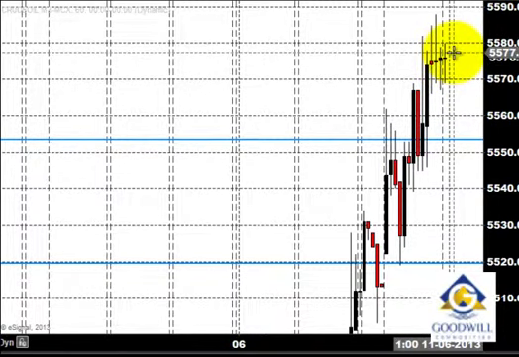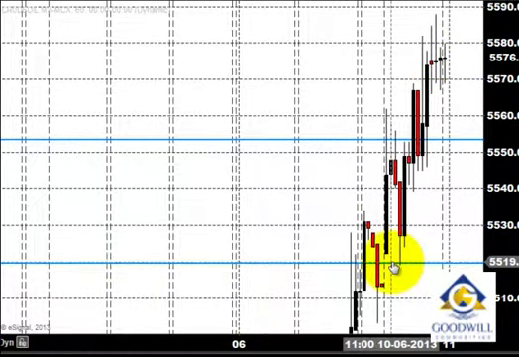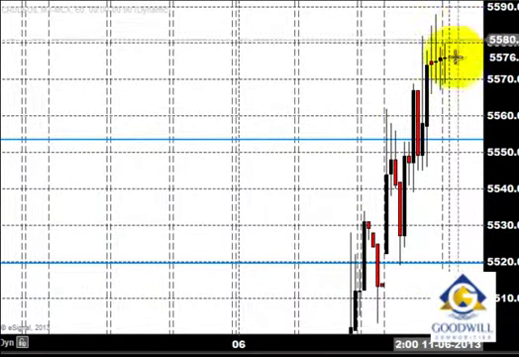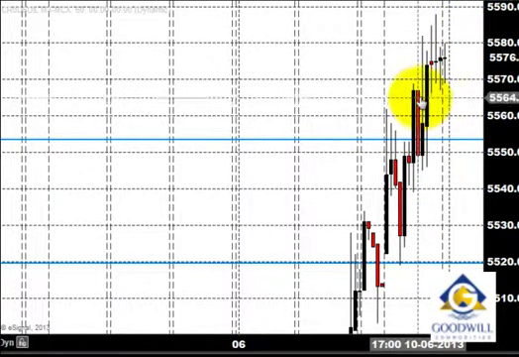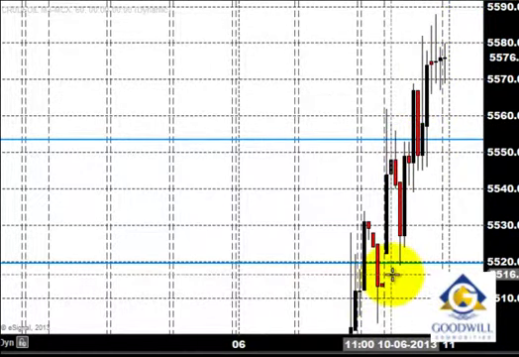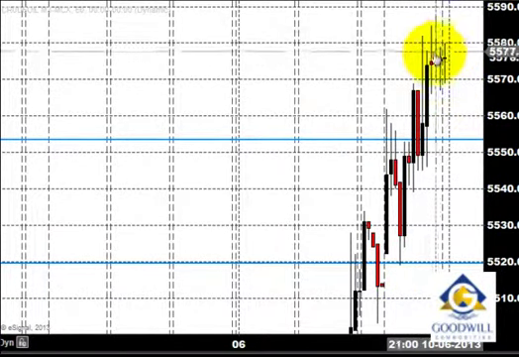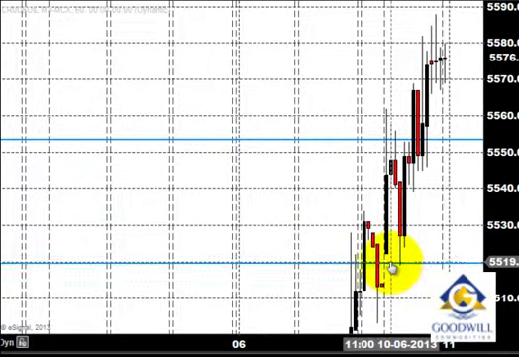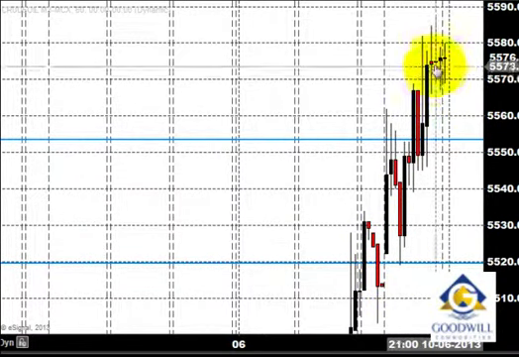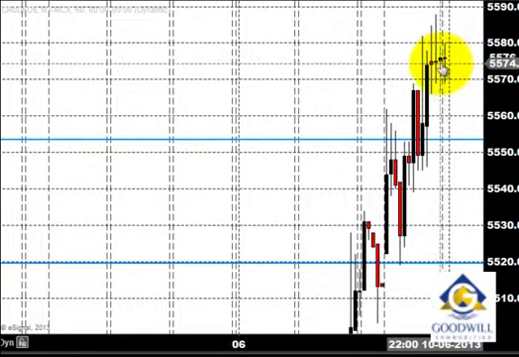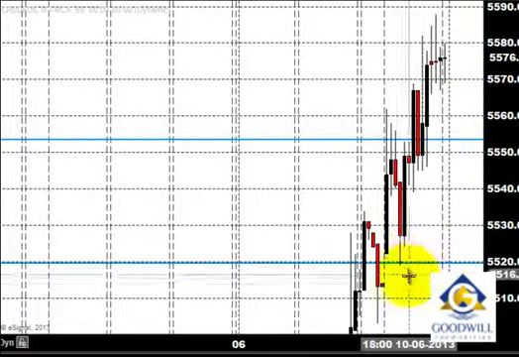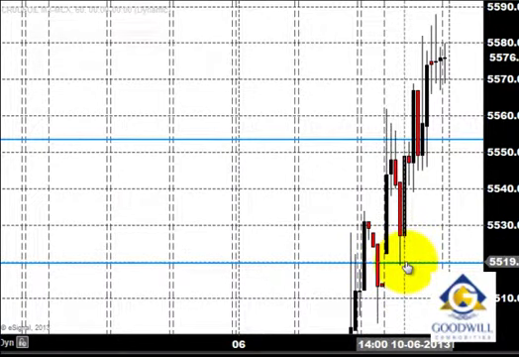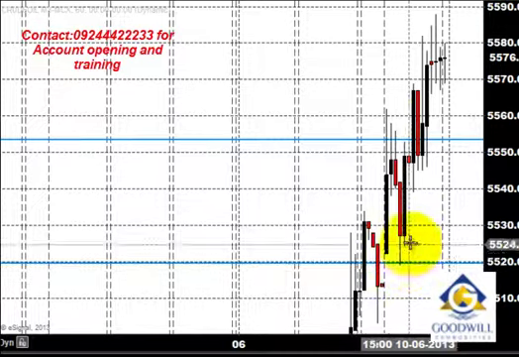On seeing the entire price action, what we can conclude is that the market was dominated by the buyers. Apart from some selling, or profit booking selling, the market was dominated by the buyers. The price closed higher compared to the price opening. The price opened somewhere around 5,520. You could see the price closing around 5,570s, and the market has created a new high, and the low has increased compared to the previous week. So when we compare with the open, high, low, close analysis, it shows a positive sign.